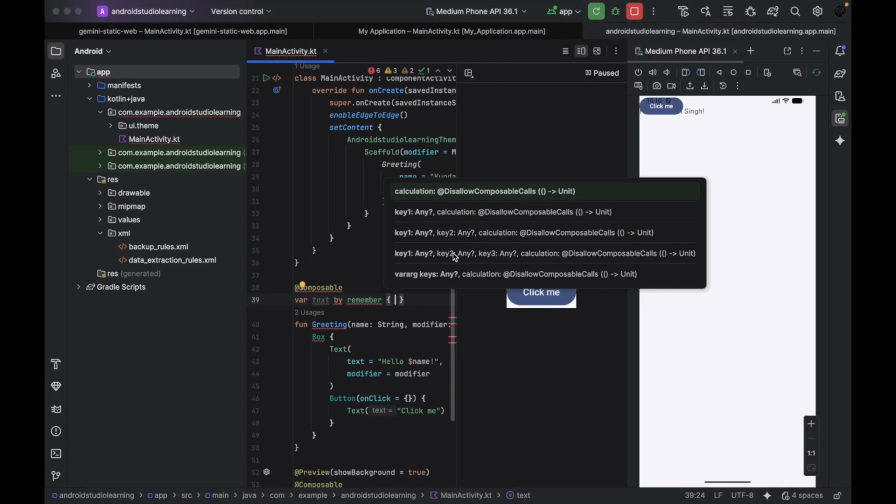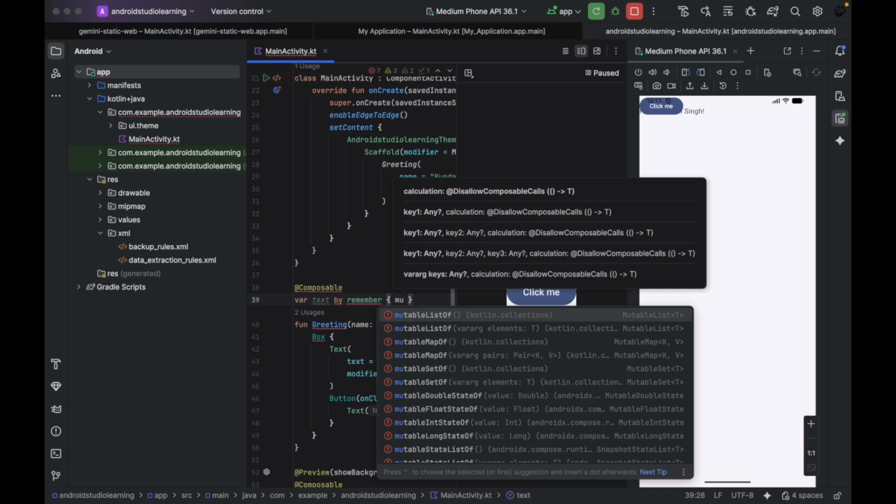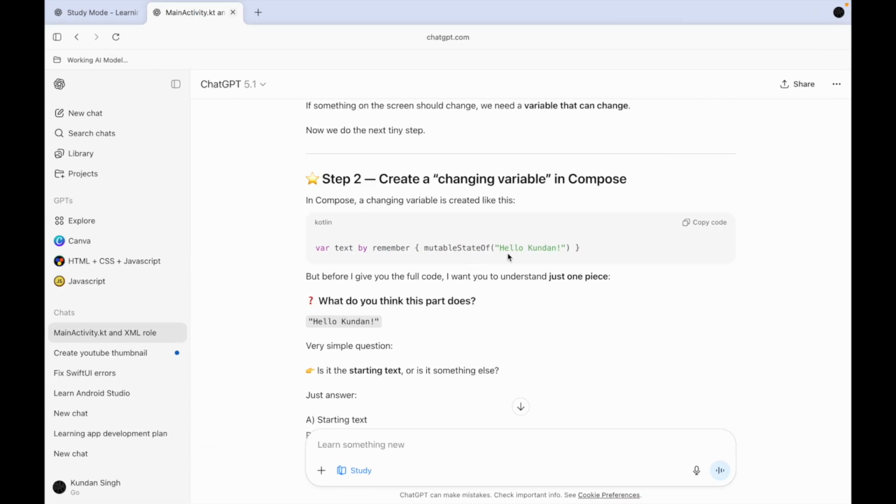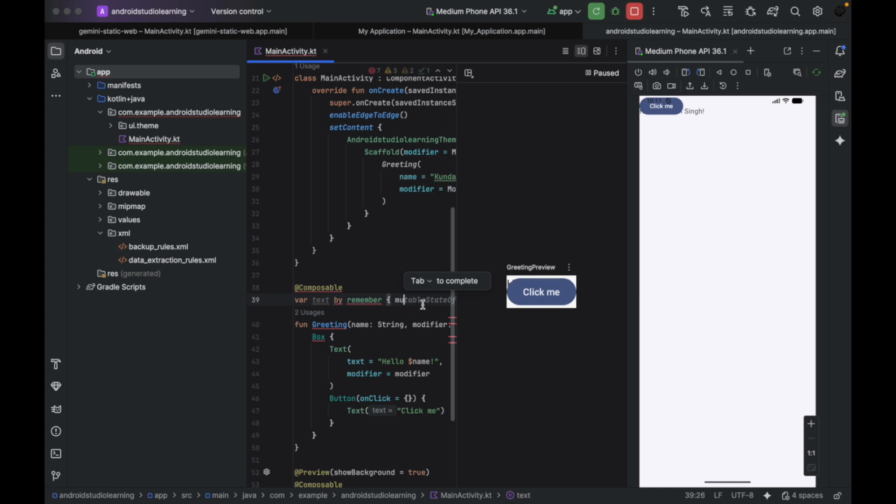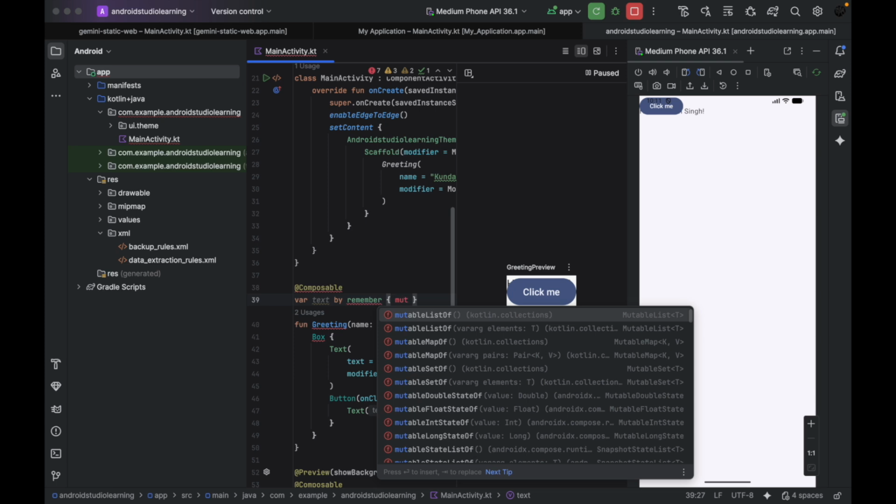Okay, mutable list, mutable map, mutable set. What we need is a mutable state. What we need? Mutable state of. So mutable state of, mutable